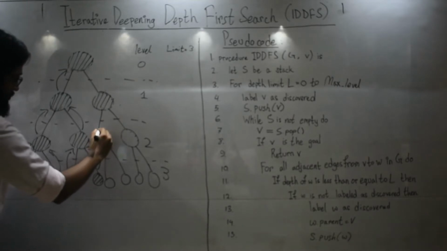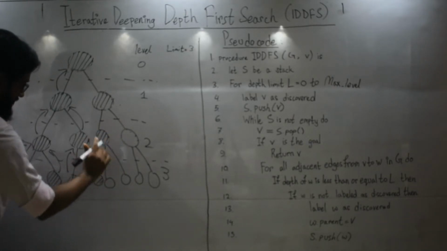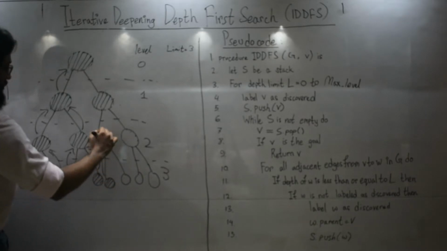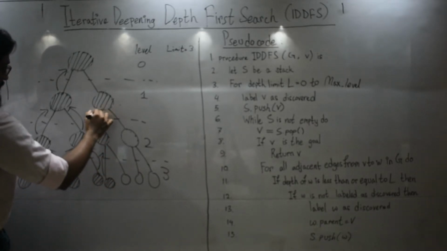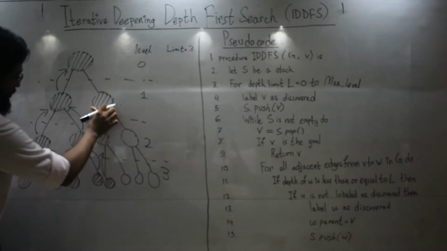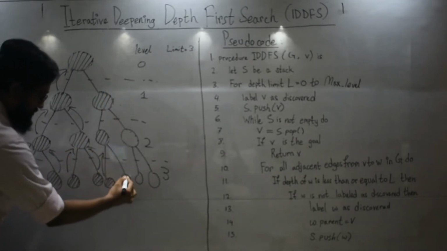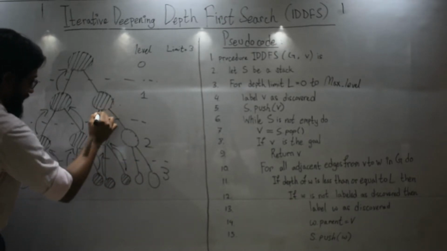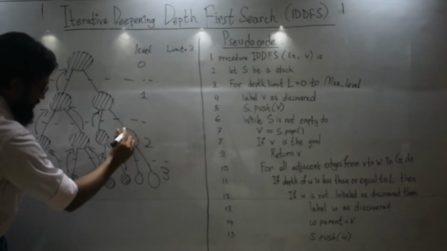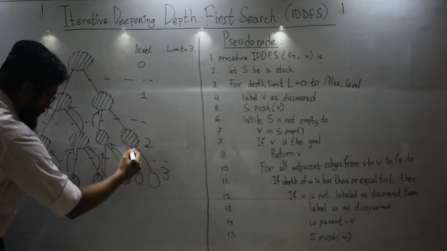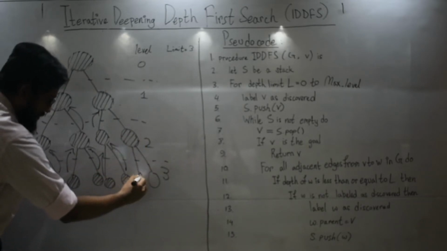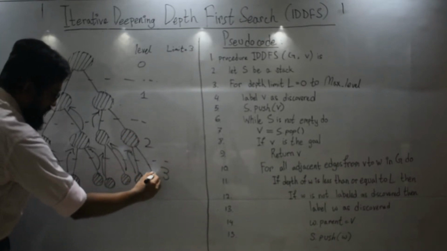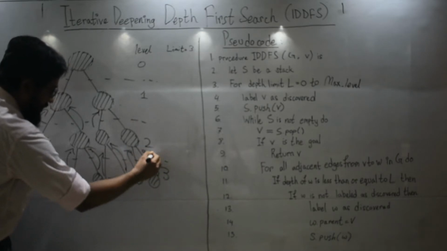Visit. Now you visit this one. After that you visit this one. Then you backtrack. After that backtrack. After that you visit this one. Then you backtrack over here. Then you backtrack. After that you visit this child. After that one of its child. After that you backtrack. After that you visit this one. After that you backtrack,